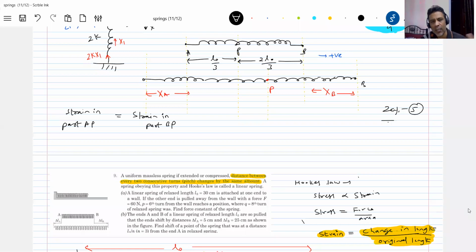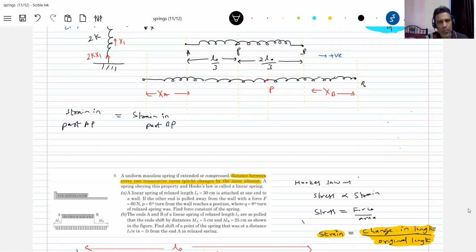Those who are targeting advanced and a better rank, you must put in effort. You need not solve 100%. Even if you solve 40% or even 30%, it is enough. But make a daily practice of solving at least 2 numericals. Just take 2 numericals and try to work them out. Just try to think on them.